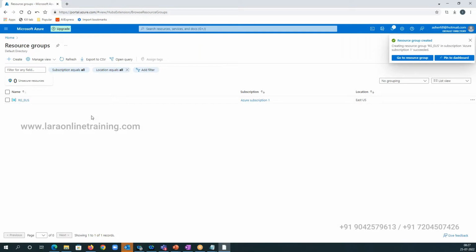Now, once you create your resource group, you have set up a room. Now your room is ready. My resource group is like that. After this, you have to set up something called networks. How will you set up the network? You have to connect multiple machines together, so you have to set up a network. So we create something called